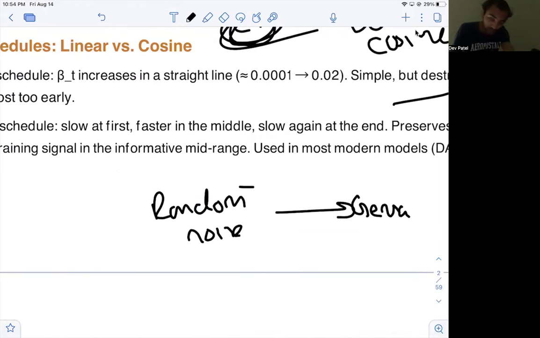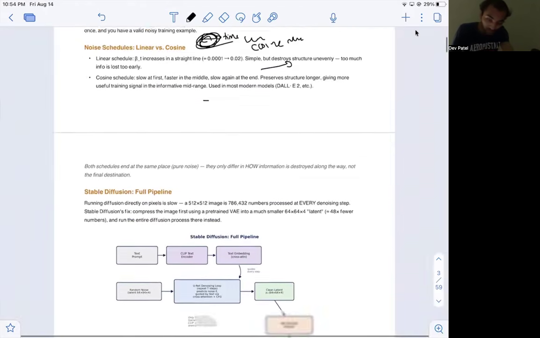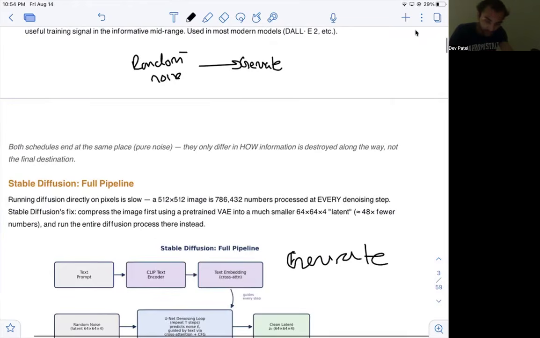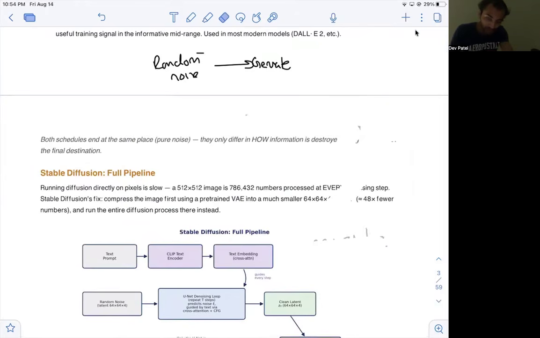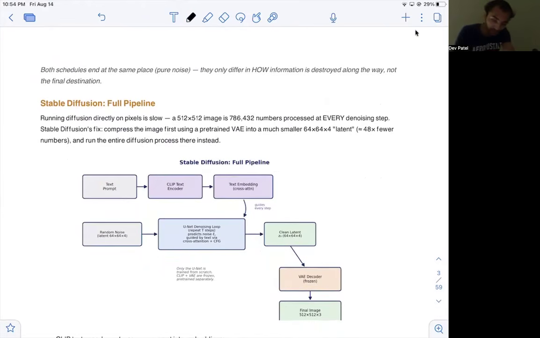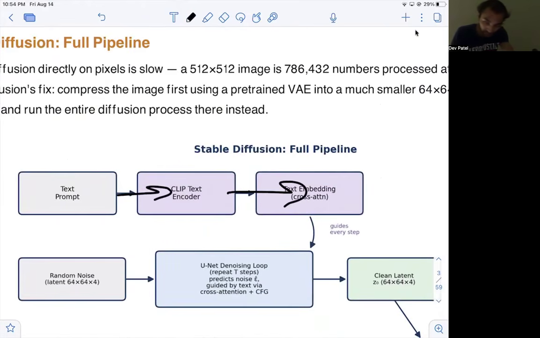But this is not all that we need, right? We need to be able to generate images of what? We don't want to just generate a random image. We want to generate an image depending on the user prompt, depending on what the user actually wants. So that's why we take a prompt and feed it through a CLIP encoder. We encode that, and that's our embedding. So we take the text prompt, feed it to the CLIP text encoder, get our text embedding, and then we're